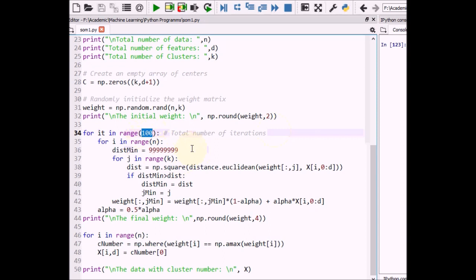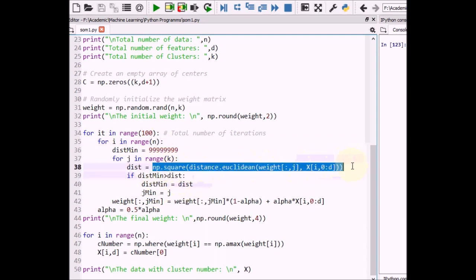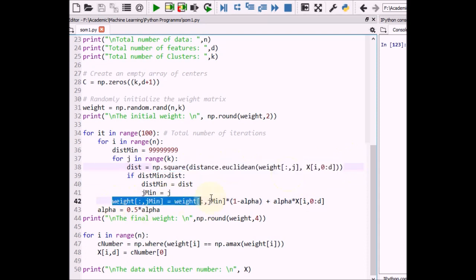This is our convergence criteria. You can set your own convergence criteria, and for each and every data point we have to capture the minimum distance. In this way you capture the minimum distance, and every time we calculate the Euclidean distance between the centers and the weights. And here we update the weights. As you already know, w(t+1) is equal to w(t) into (1 minus alpha) plus alpha into the x value.